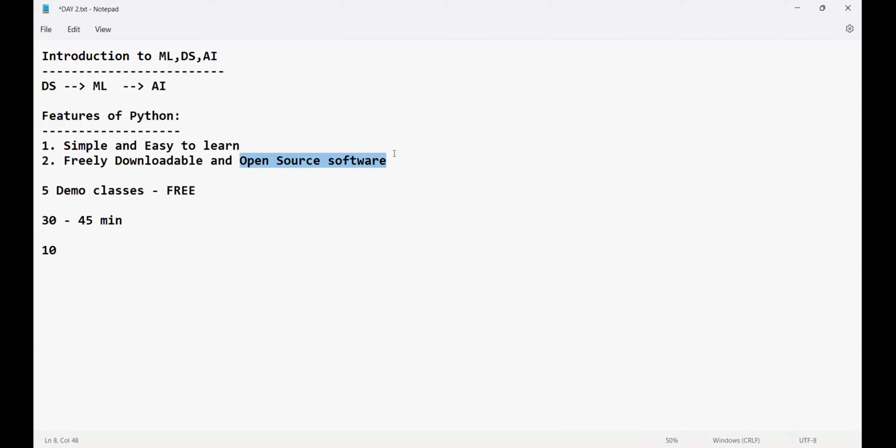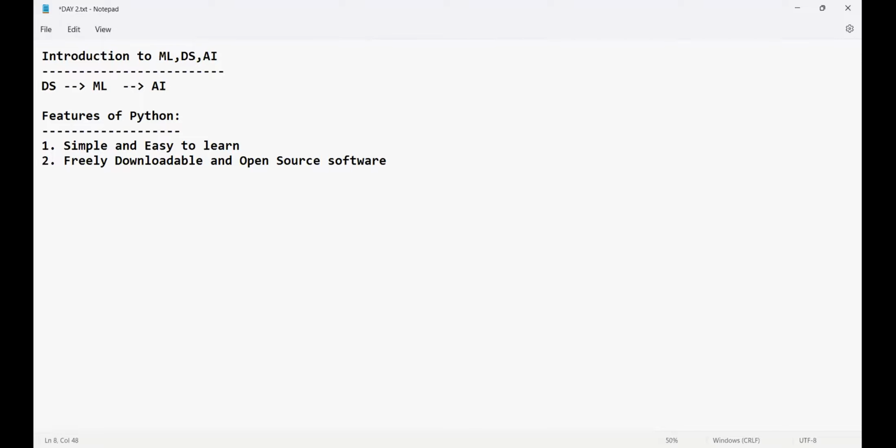As a developer, if you feel like you want to include something in Python, you can tell them. There is a forum for that. If they feel that can be an added advantage for Python, they'll add it in the next release, next update. That is the meaning of open source. Now tell me, are you able to understand the difference between freely downloadable and open source? Yes or no in the chat box. Freely downloadable means no paisa, that's it. Open source means you can add your ideology, but not everything they'll agree to. If they feel it will be an added advantage, they'll agree.